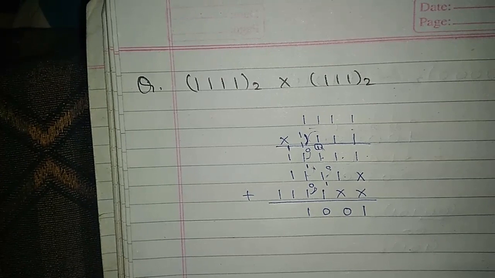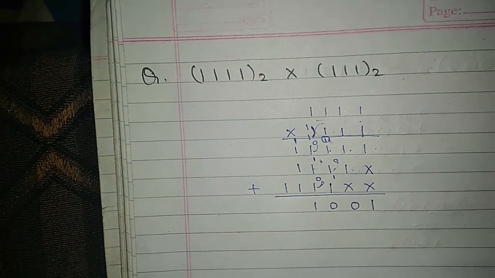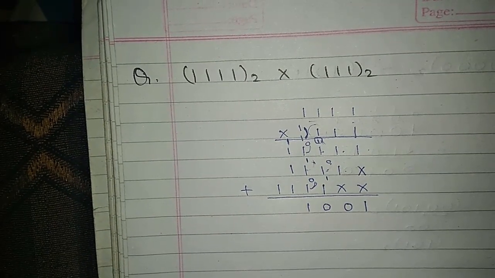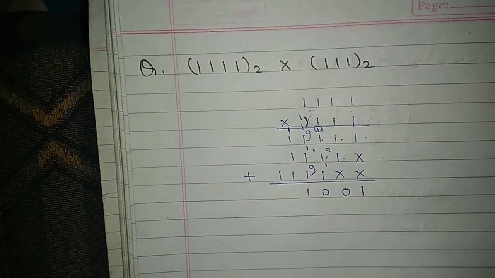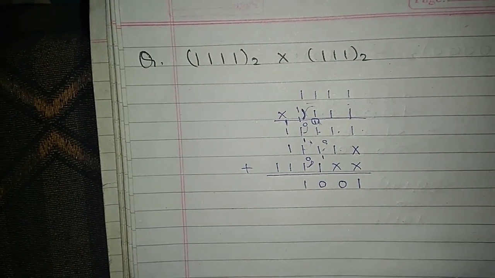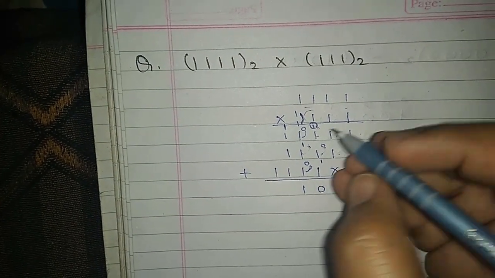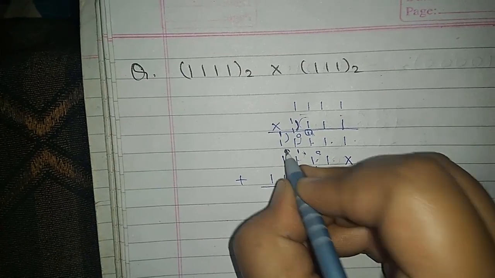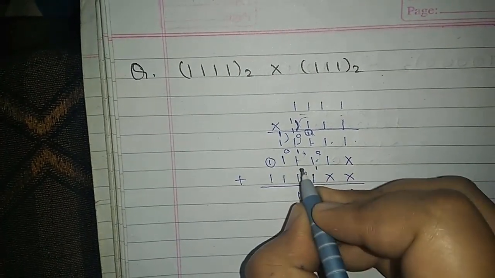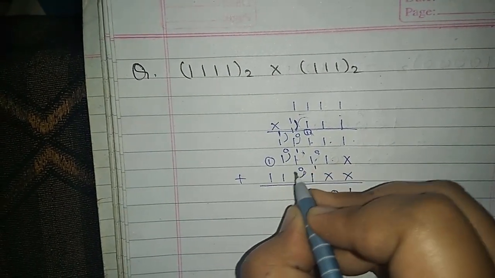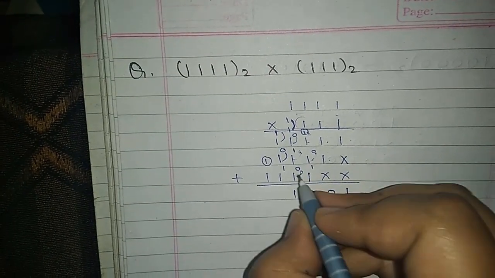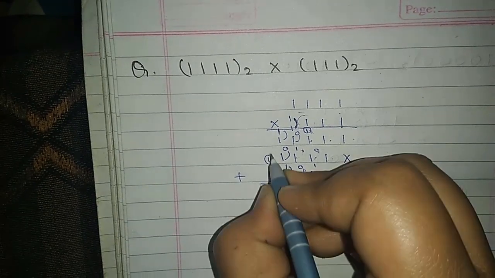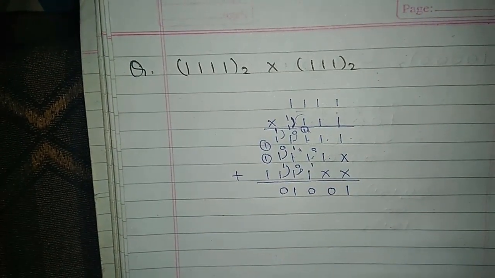Fine. Just keep one thing in your mind. Whenever you are adding these numbers, you just have to add 2 bits at a time. And then you have to write your remainders or your carries in the next step. Then we have this 1 and 1. When you add these, you will get a result as 0 and a carry of 1 will be generated. And then you have to add this 0 and 1. It will give you a result as 1. And then you have to add this 1 and 1. It will give you a result of 0 and a carry of 1 will be generated over this side.